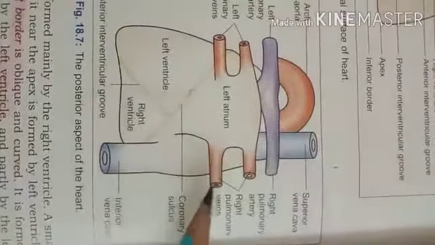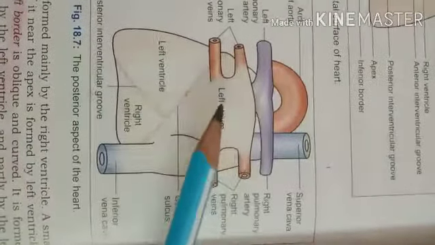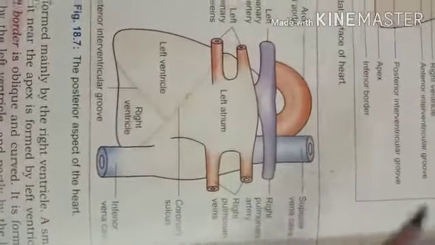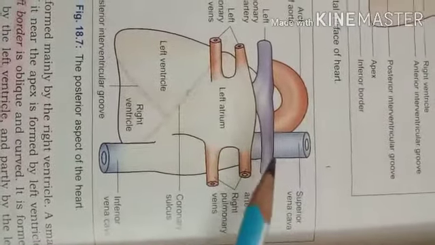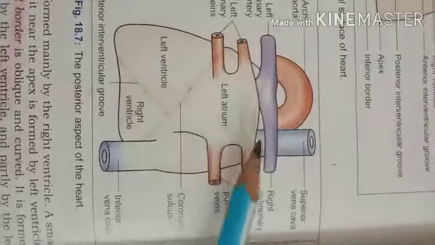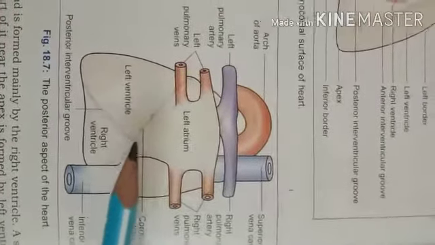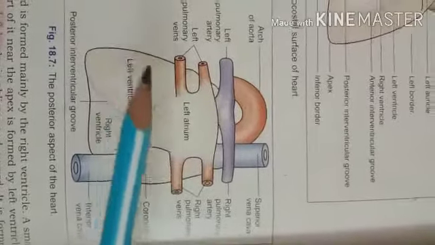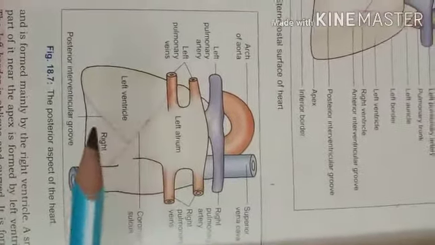Let's see, that is the left atrium. In Ayurveda it is called the Vam Alinda. It is a quadrangular chamber which is located on the posterior surface of the heart. Here you can see the left atrium, which is present posterior to the heart, while the remaining maximum structure is present on the anterior and left side of the heart.